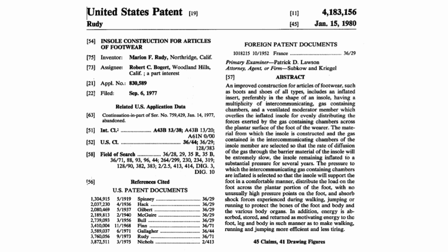Abstract. An improved construction for articles of footwear, such as boots and shoes of all types, includes an inflated insert, preferably in the shape of an insole, having a multiplicity of intercommunicating, gas-containing chambers, and a ventilated moderator member which overlies the inflated insole for evenly distributing the forces exerted by the gas-containing chambers across the plantar surface of the foot of the wearer. The material from which the insole is constructed and the gas contained in the intercommunicating chambers